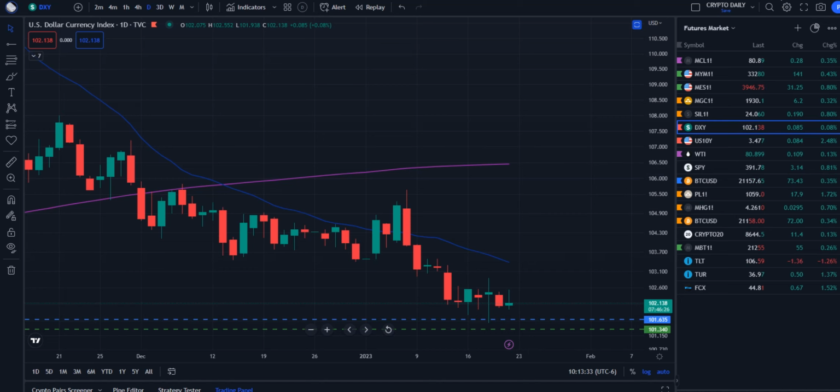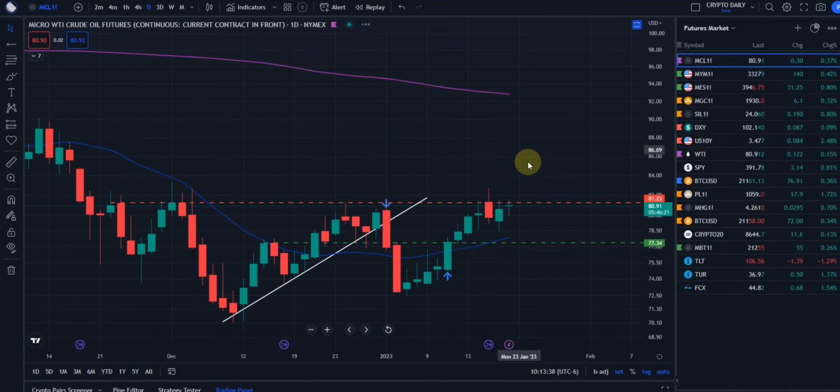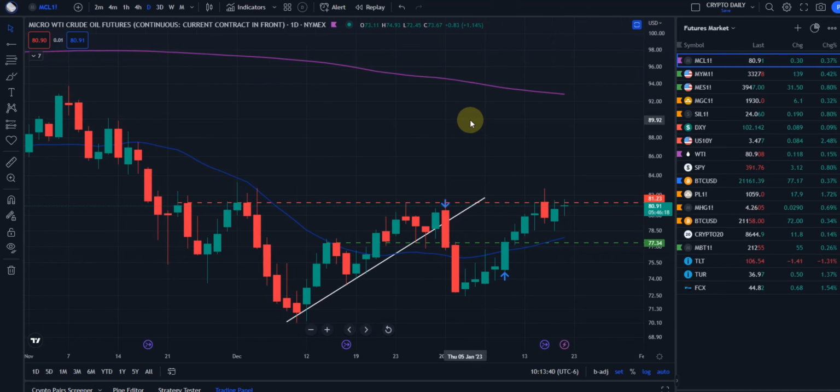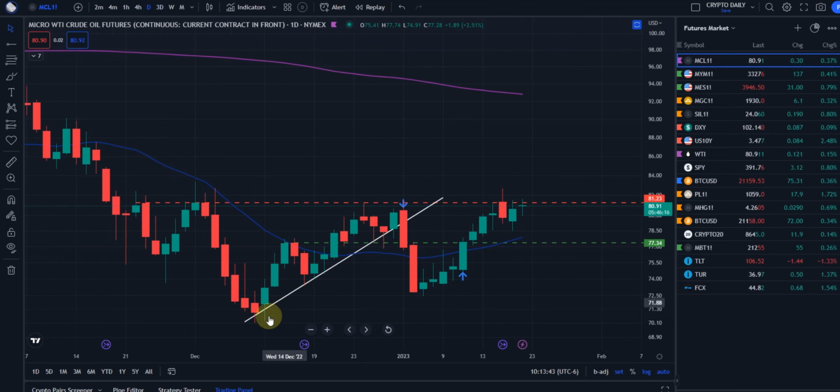So let's start at the top up here. The first one is our micro futures oil, and how this started out. We were in a little uptrend here, put our uptrend line there, broke down under the trend line, and that's where we went short, as the blue arrow gives away. We went short there for a hot minute. And then once we broke over this inside bar, well, I'm going to blow you away with this trade setup on silver here in a second.